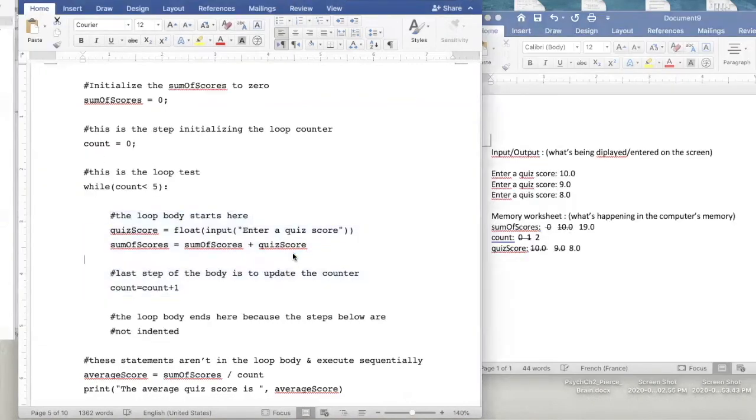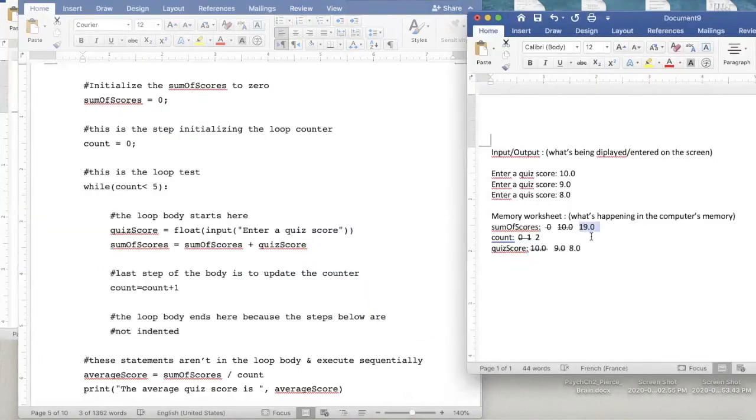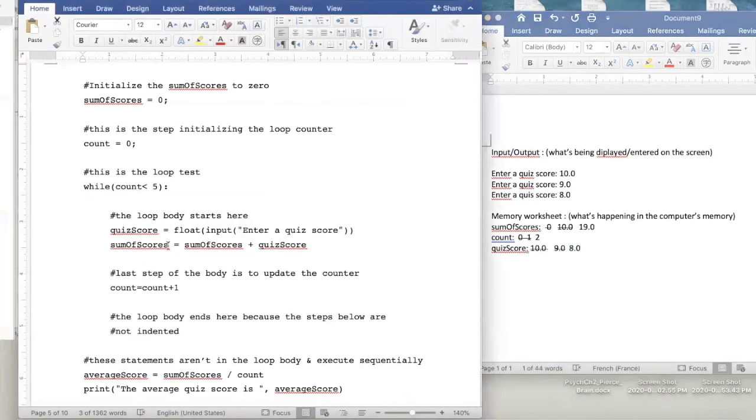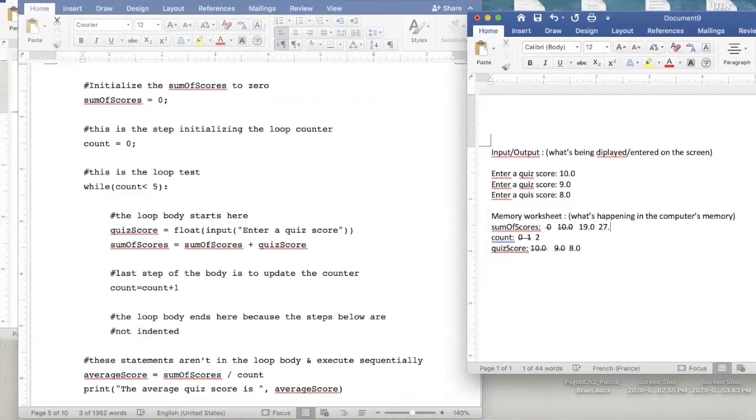And then the next step is to calculate this arithmetic expression. We want to get the current value of sum of scores, which is 19, and add to it the value of quiz score, which is 8. And 19 plus 8 is 27. We're going to store that back in sum of scores. Sum of scores will become 27.0,